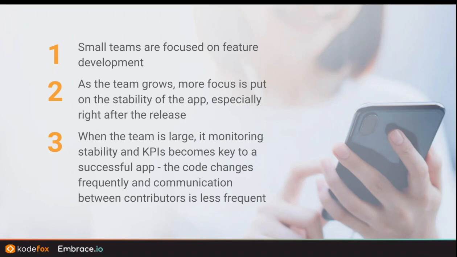And then as I've seen teams grow from that into very large teams where you have several feature teams, it's kind of a hub and spoke type structure. You have several feature teams with one mobile platform team that oversees all of it. Monitoring stability and KPIs have become extremely integral because you have so many people contributing to the code, and all of these things and these interactions, you cannot possibly communicate all of them.